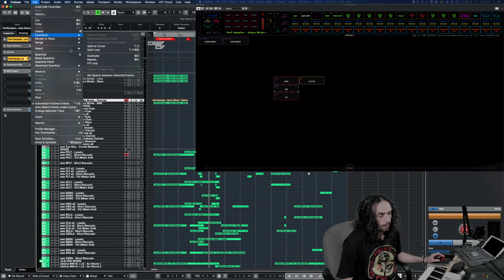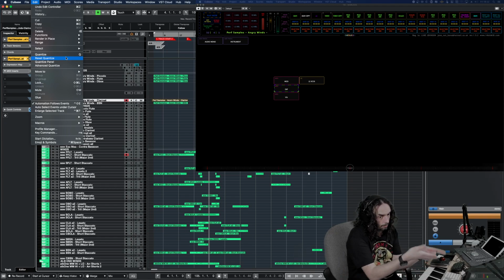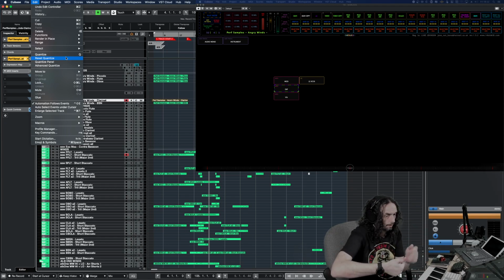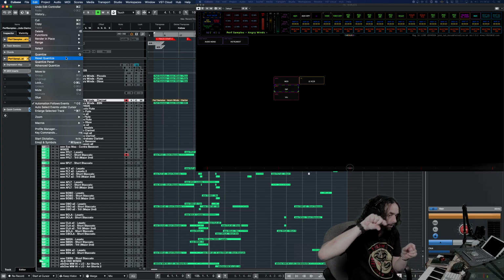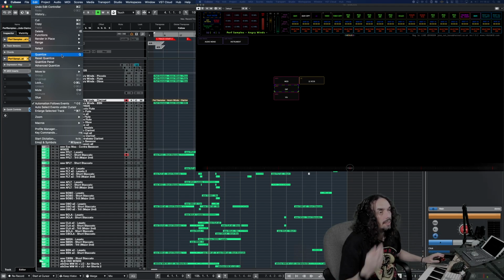So something I do when I'm making loads of stuff is I actually get rid of the 14-bit MIDI stuff in the folders, which you already know where are because you've installed this, right? So you know where they are. The logical editor commands and the PLE commands, they're called 14-bit MIDI. I copy those out, reload Cubase, and then it's instant. But for this video, I'm not going to do that because I have to restart everything. So what we have to do is we go into key commands,